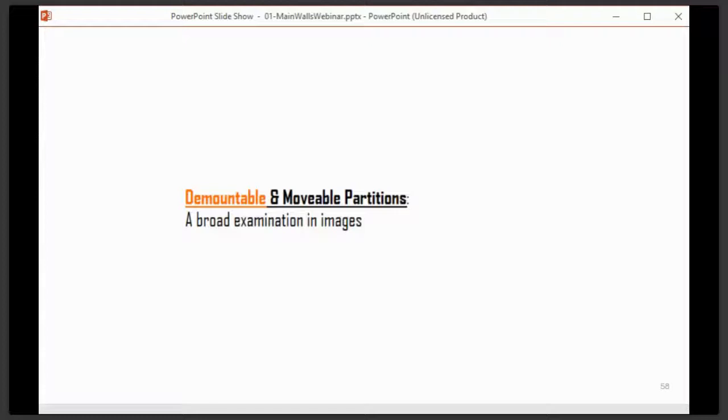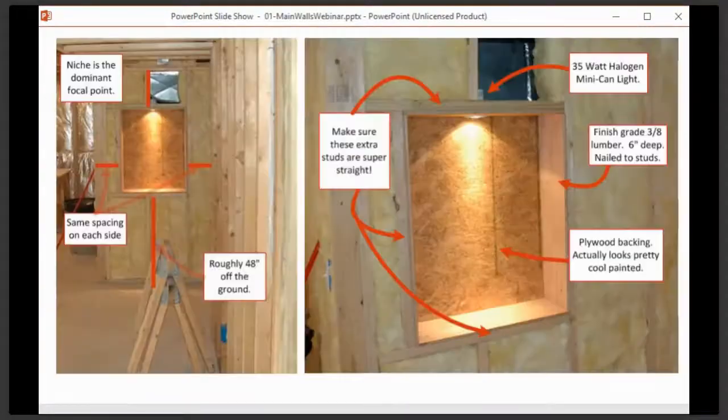Okay, guys. Right. So listen, we're going to talk about demountable and movable partitions now, and mainly movable. Now, demountable partitions, as I said, I'll try and make a video in the next couple of days, just a short video to cover that. But they're kind of wall systems that you push into place, and you can take them down and move them away. And they're generally quite straight. Now, they can be curved, like the ones we looked at there. The curved glass wall partition, that's a demountable partition. In fact, let me go back,